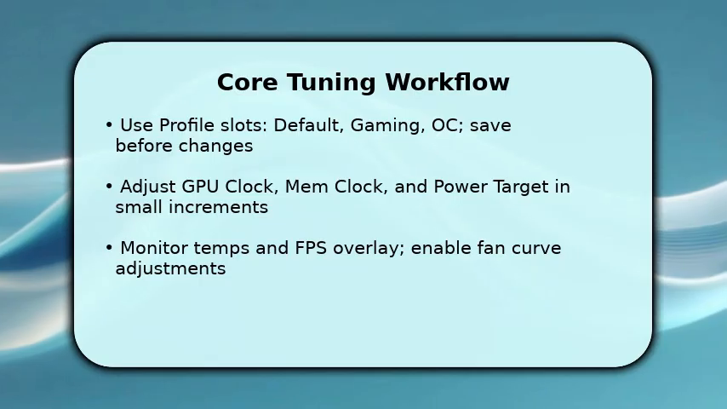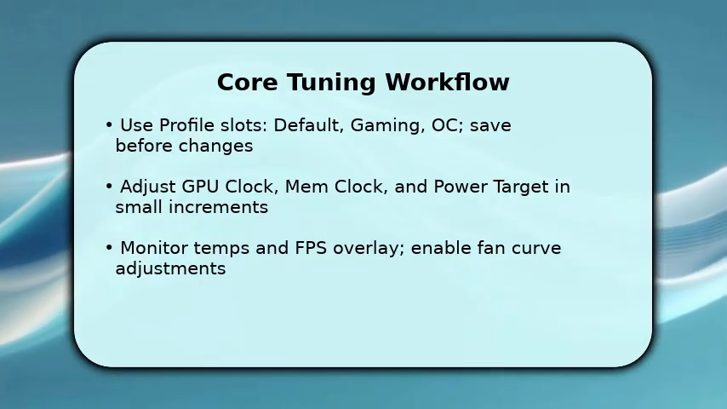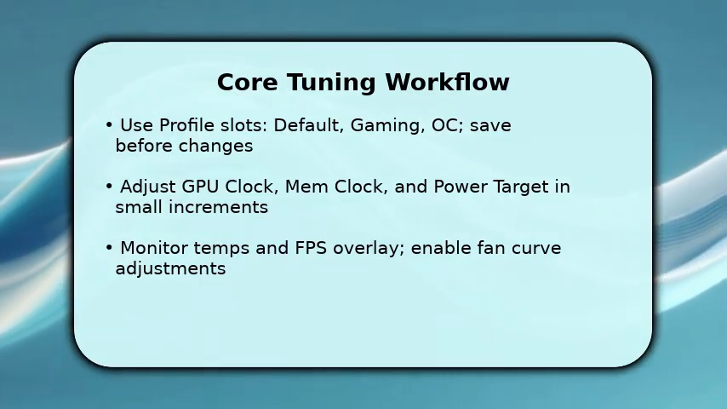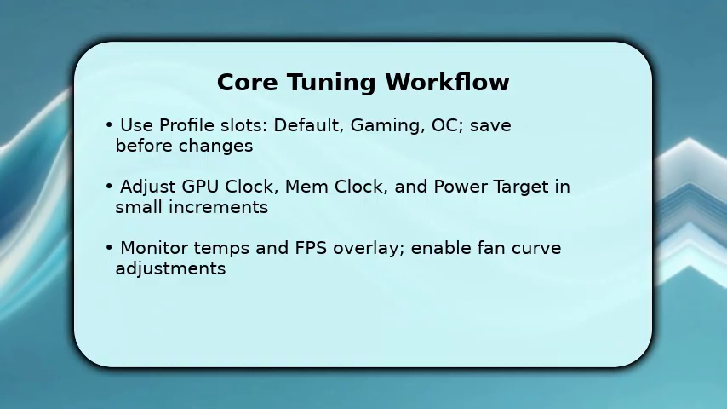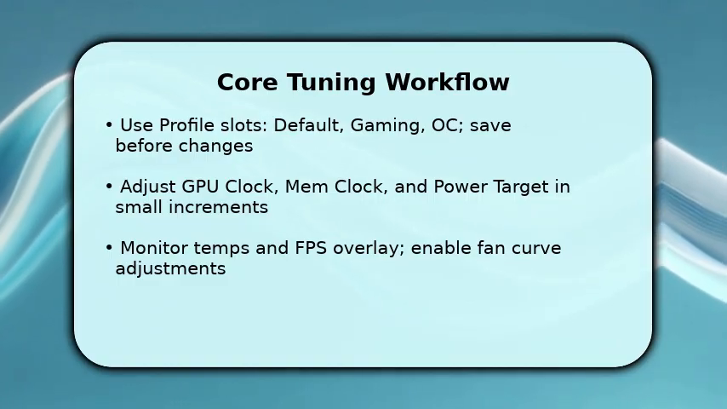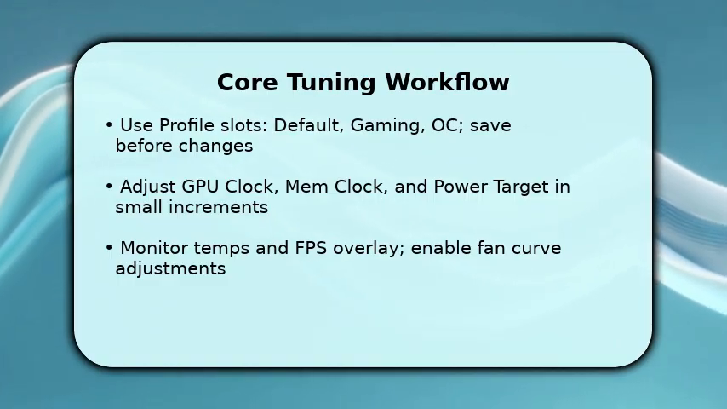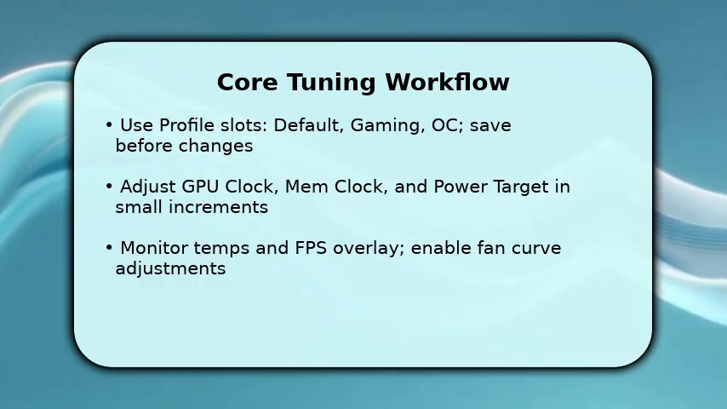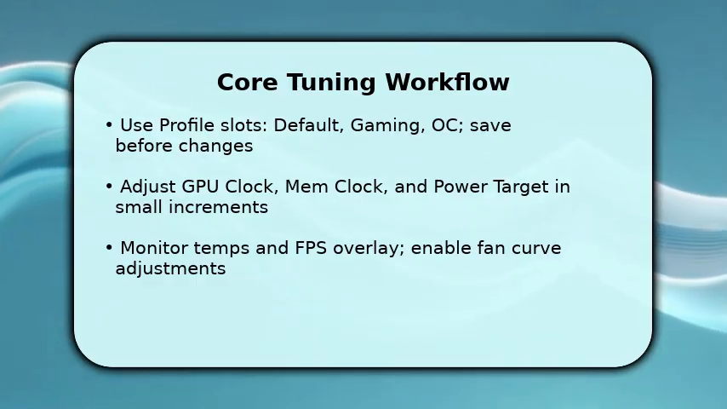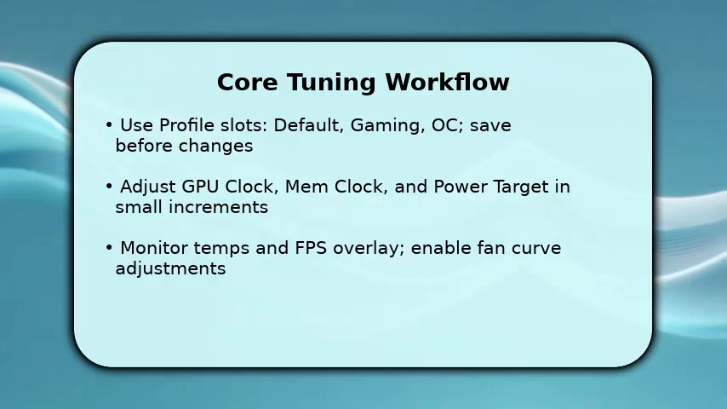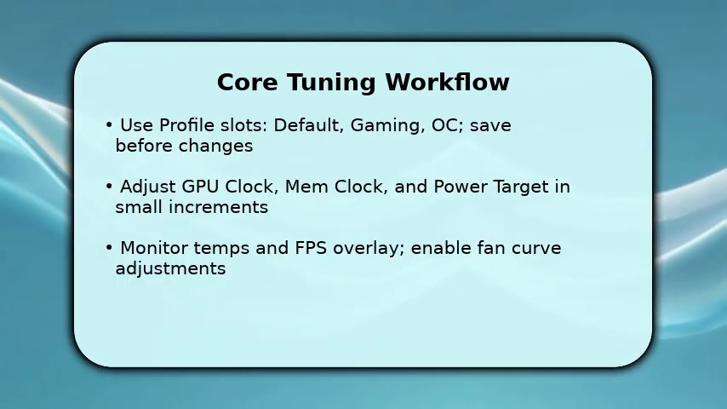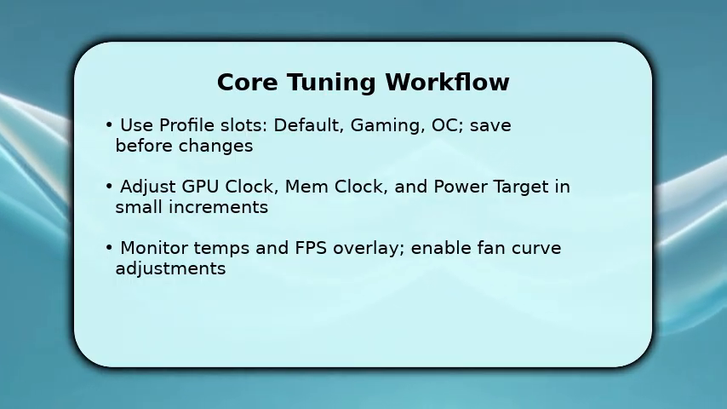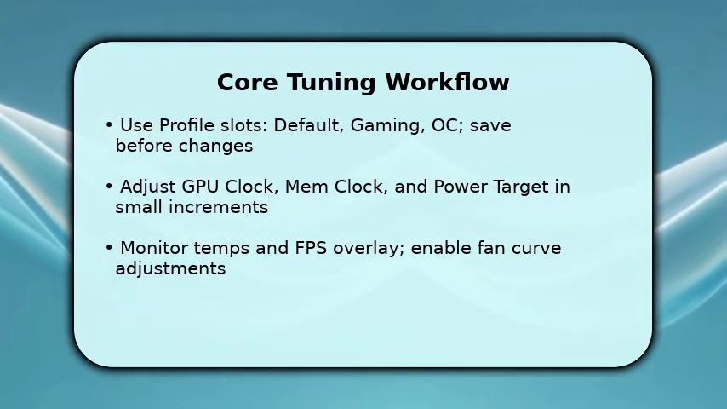You now perform the core tuning. Start with the default profile and save it, then switch to a new slot for gaming or OC. Increase GPU and memory clocks in 10-20 MHz steps and raise the power target by small percentages. This gives controlled headroom. Simultaneously enable the overlay and monitor temps, voltage, and FPS to see real-world impact. Once stable, fine-tune the fan curve to balance noise versus cooling, and use the built-in stability test to validate each